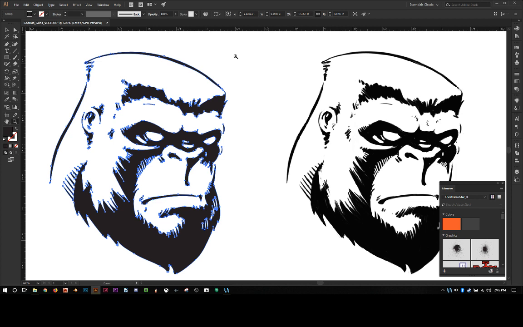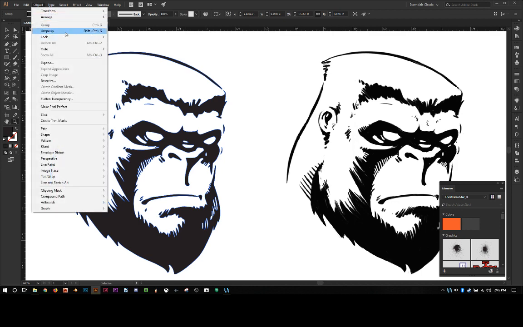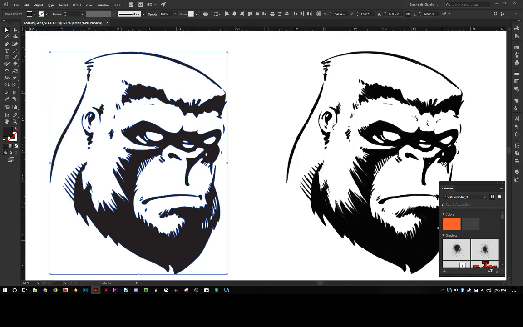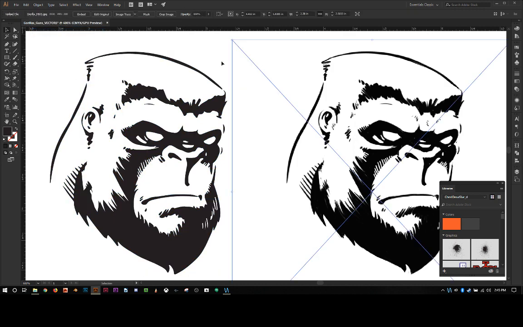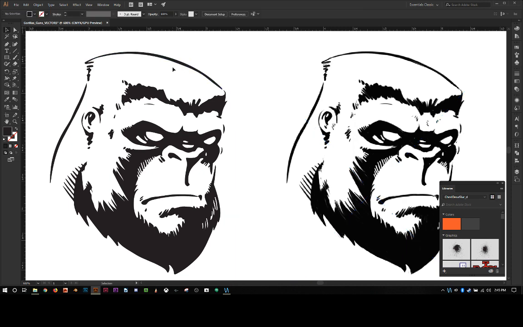So what we did is we first expanded that vector image that it created, and then everything's all in a group, so it's all one object. We want to break it up so that all of the individual parts are separate. So I'm just going to ungroup, and you can do that with Control-Shift-G for ungroup, or you can select it from your menu, or if you're working on Mac, Command-Shift-G. So we've ungrouped it there, and now we can see, let's see,